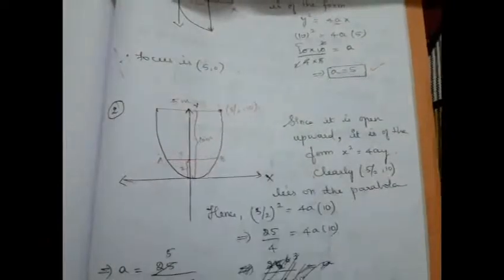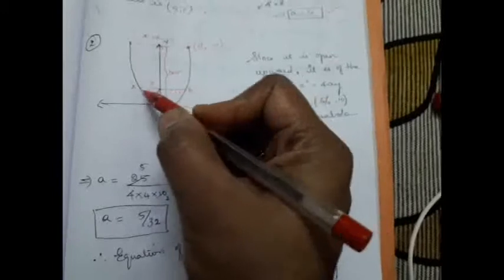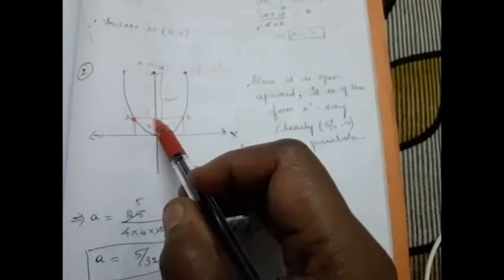Once we know the value of a, what can we do? We can again substitute in the equation to find the value of x because the y value is given. We need to find the length of AB, right? So the y value is 2 on both sides. If we find the x value, we can find the AB length, because it is this x value plus this, two times. If we know the coordinates of A and B, we can find AB. This is the logic behind it.